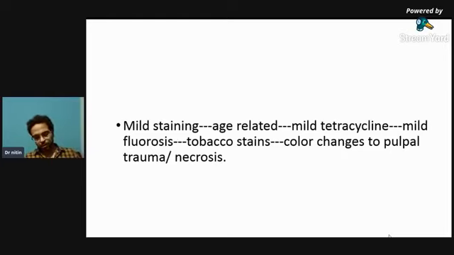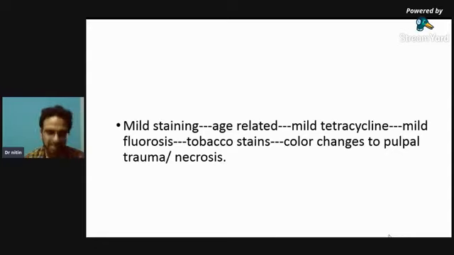So what are the indications of home bleach? Yeah, starting from the mild staining, which is age related. Basically, mild staining or external staining may be due to any stains, or age related discoloration of tooth or mild tetracycline stain. Basically, tetracycline is a drug which is given when the tooth development is taking place. So it forms complexes with the calcium present in the hydroxyapatite of enamel. तो वो क्रॉस लिंक्स बना लेता है और पिगमेंटेशन हो जाता है एनामल के अंदर, which result in discolored tooth. तो टेट्रासाइक्लिन के माइल्ड केसेस में you can go with home bleach.